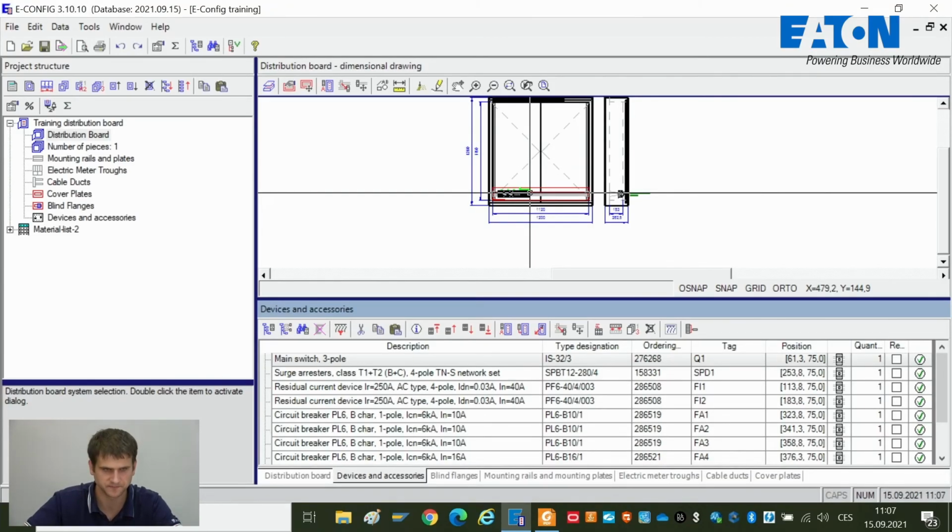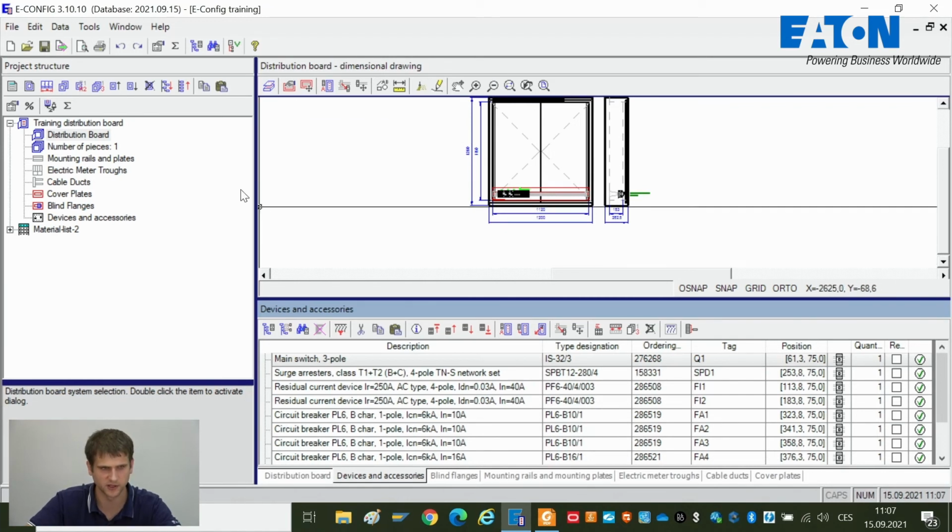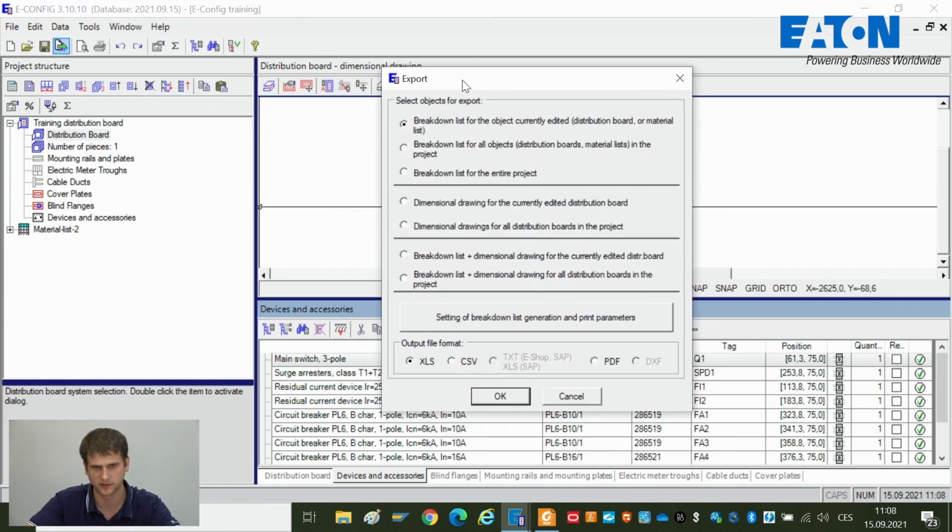We want to print the dimensional drawing of the enclosure. We want to export the material list. So how can we do that? It's very simple. In eConfig, in the left corner, there is an icon Export. If we click on it,